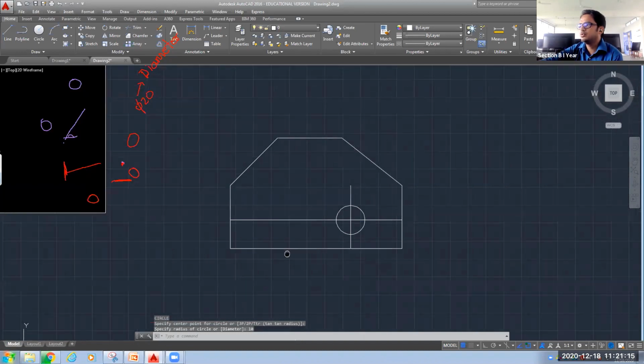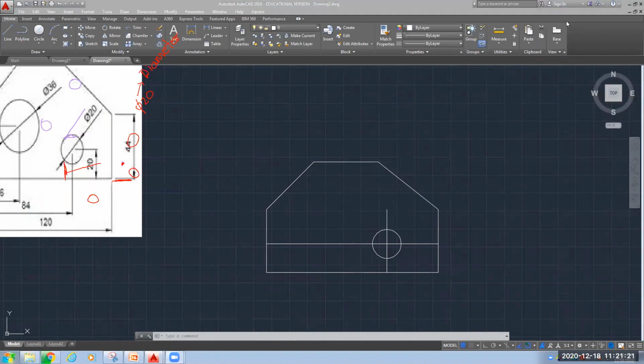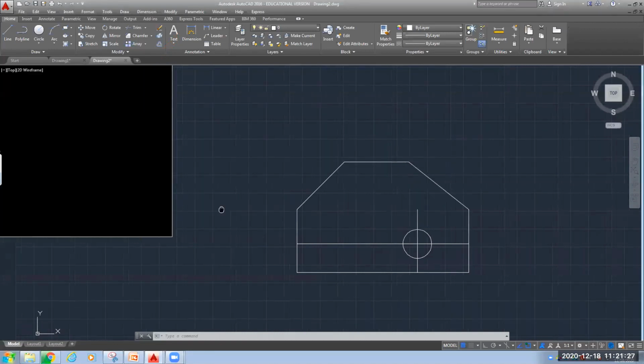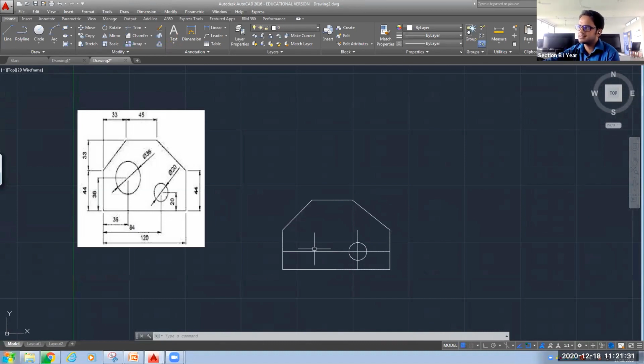Okay. But do we need these two lines? The intersection point lines that I have created? No, sir. Erase that. So I will delete that part. Okay. I have drawn that just to obtain the center point of that circle.